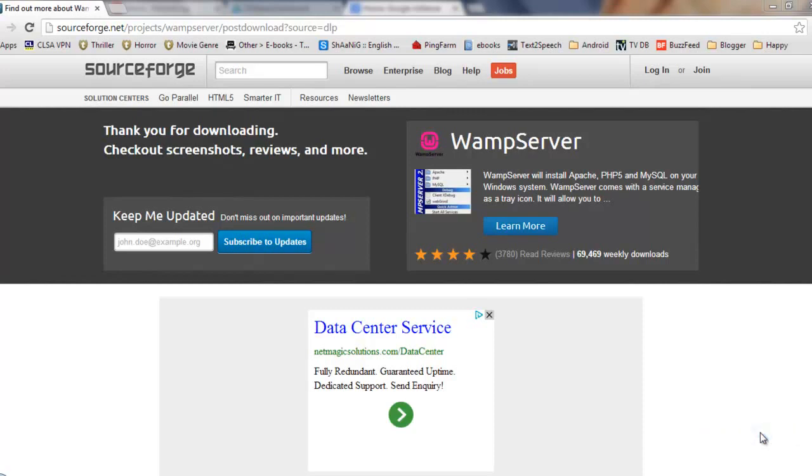Now on your taskbar you will see an icon for the WAMP server.